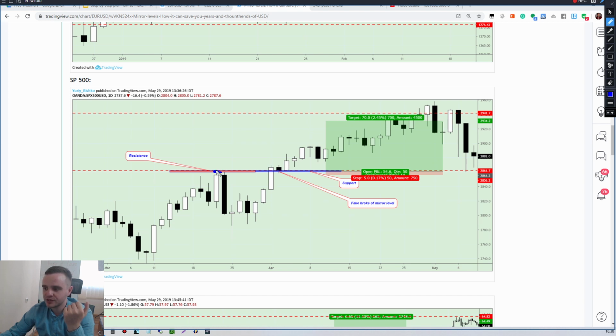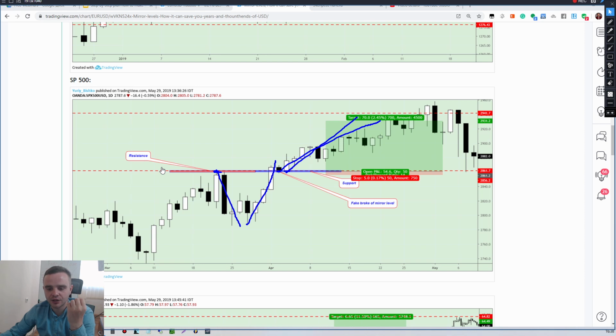About S&P 500, take a look at this beautiful entry. From this point, price made a powerful drop. It was a good resistance. After breakout of this resistance, take a look how beautiful the entry was after the false breakout. Price rose up 1 to 14. If you would open entry according to the false breakout strategy, you would have 1 to 14 potential reward.